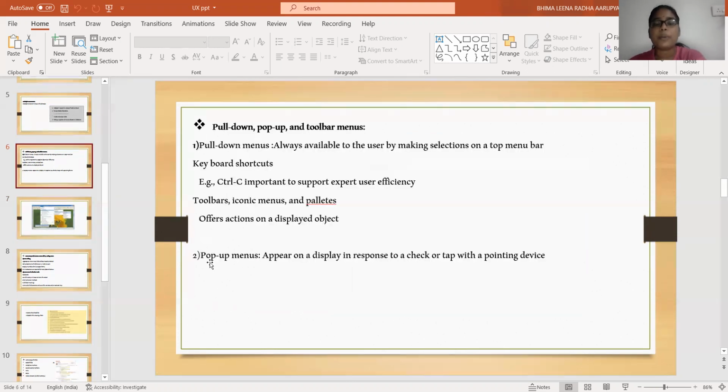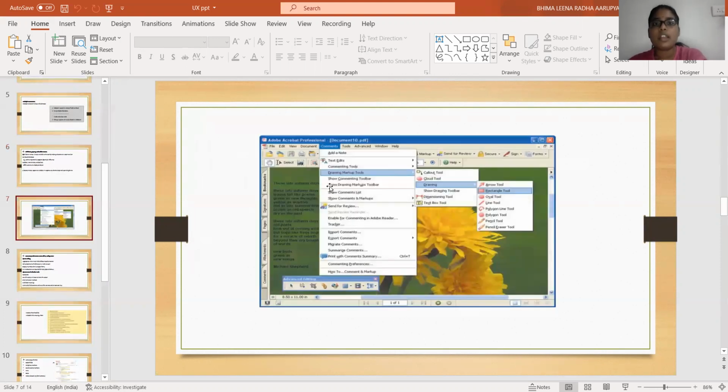And we will look at pop-up menus. They appear on display in response to a click or tap with a pointing device. See, if you are clicking on drawing markup tools, then you have this box displayed, right? This is known as pop-up menu. You point with one device to what you want to select or choose.